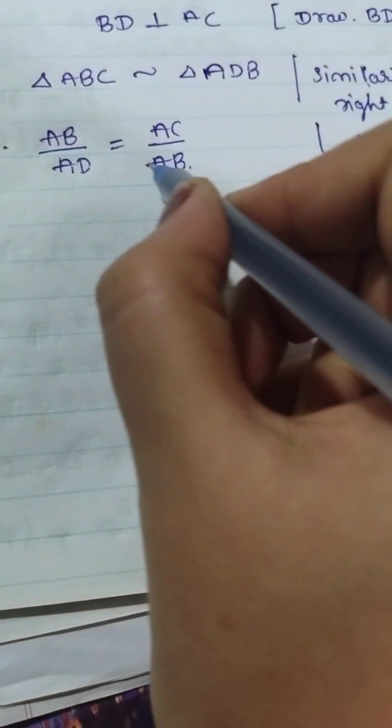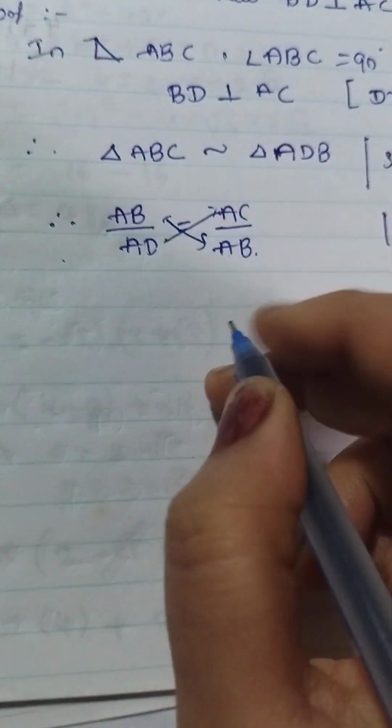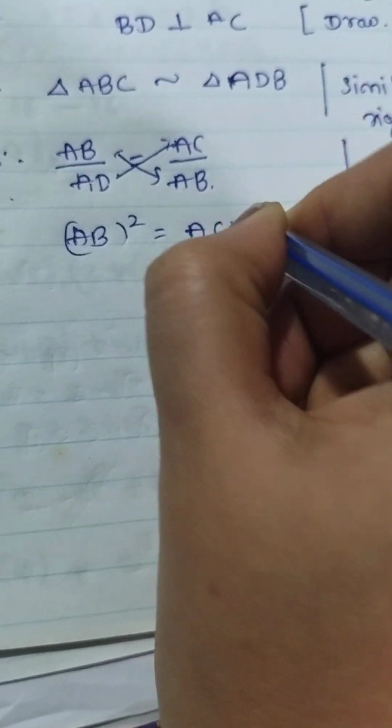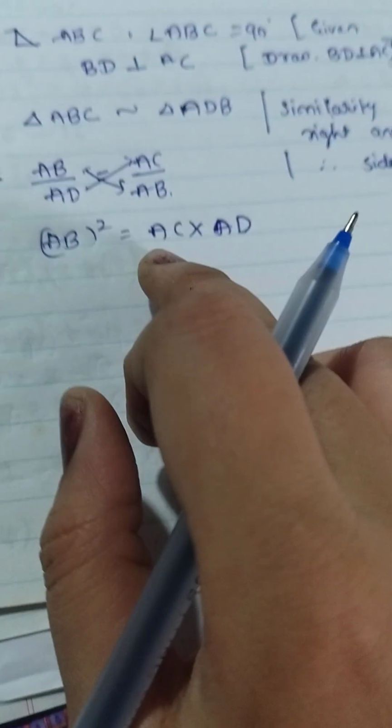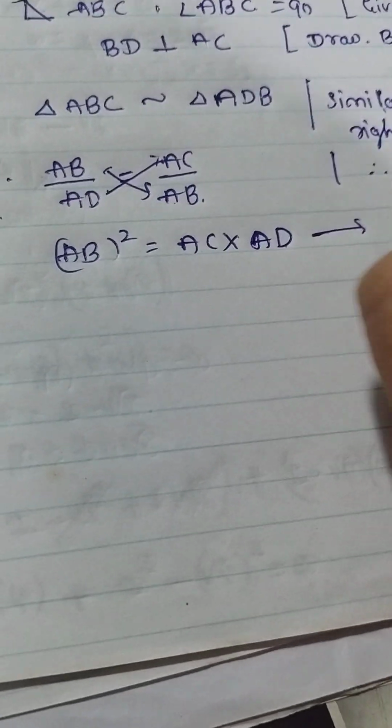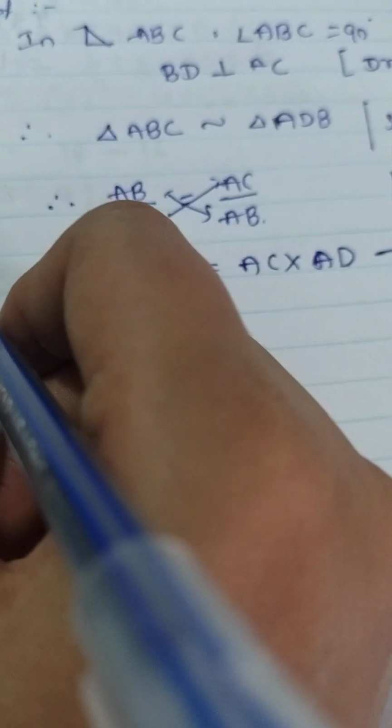So see here, this AB and this AB, do cross multiplication here. So AB square is equal to AC into AD. Correct. AB square is equal to AC into AD. Call it equation number 1. Okay, now take also